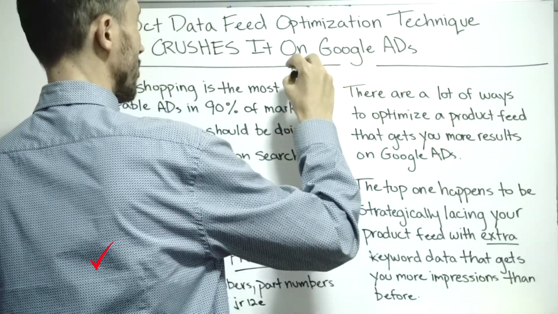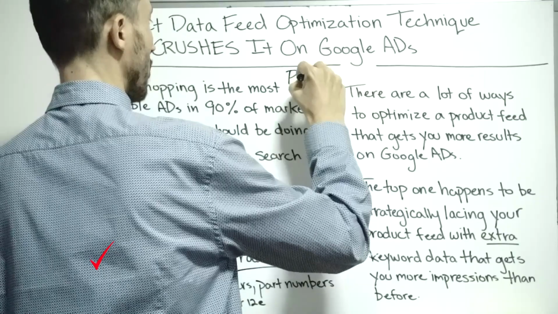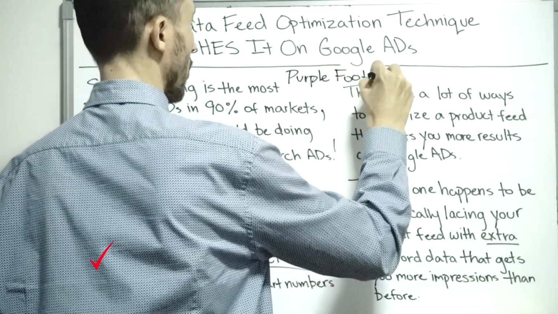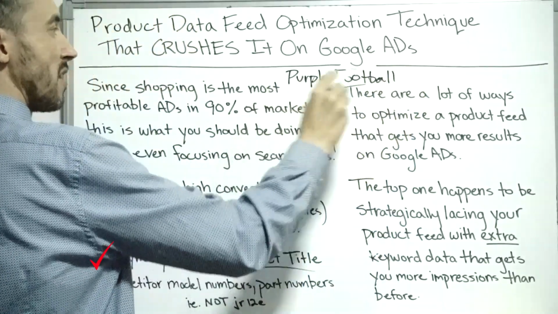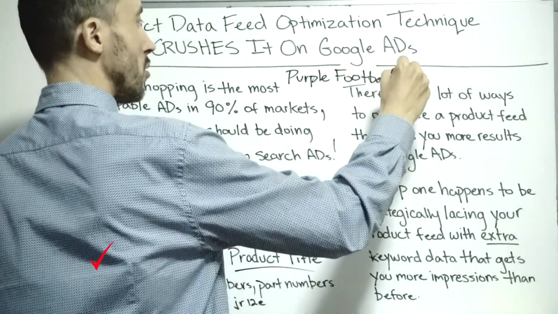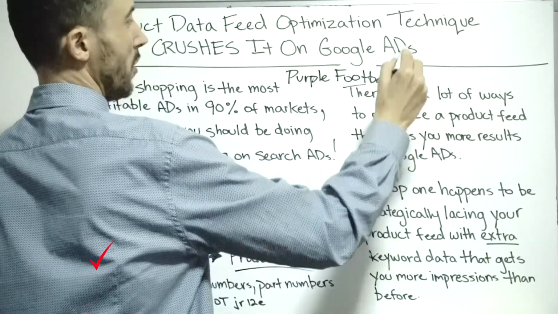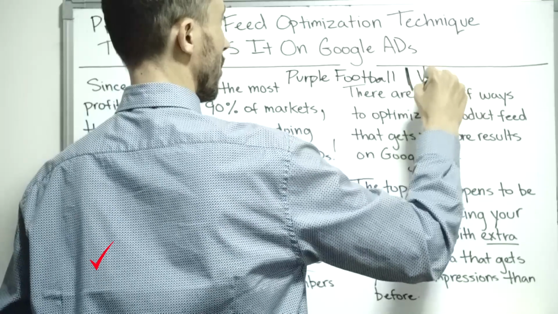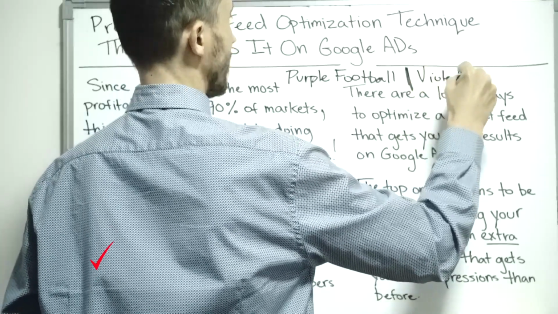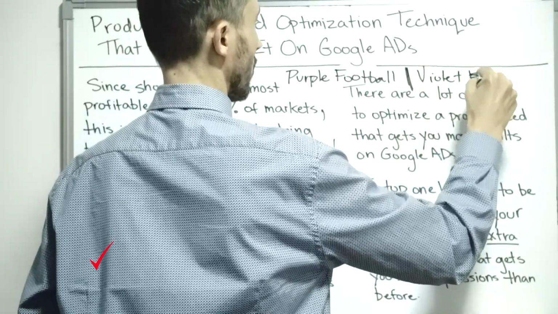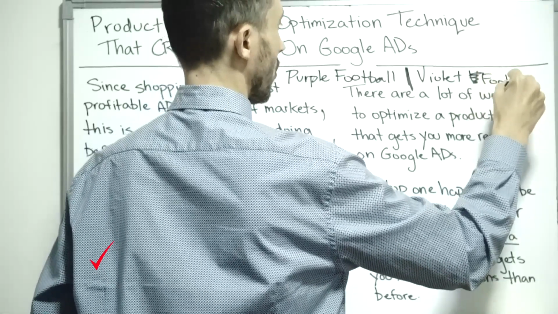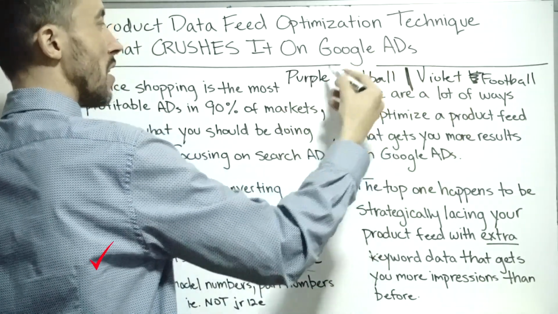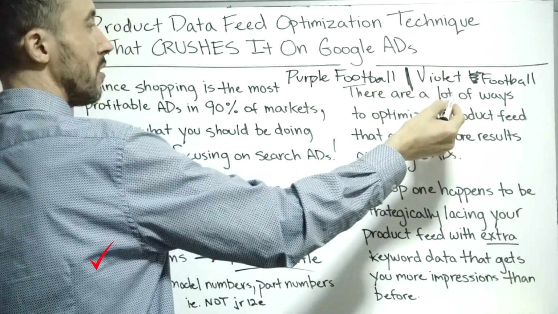So what I'll do is, if the title on the product that I have listed on the product feed is like this, purple football, what I'll do is I'll add a horizontal bar. I don't know what they call that, but you get what I'm saying. And then I'll put violet football. So you can see, if you were to read this title,